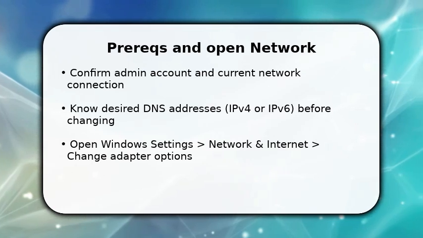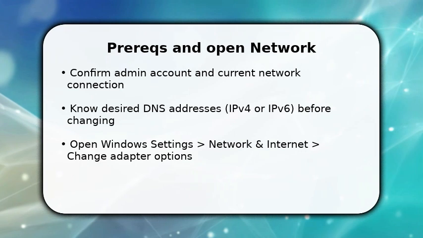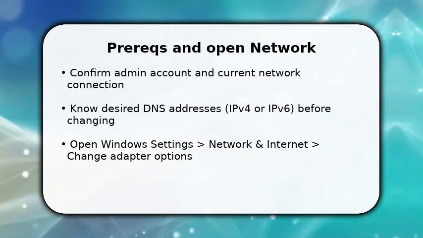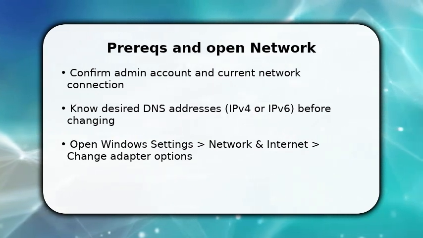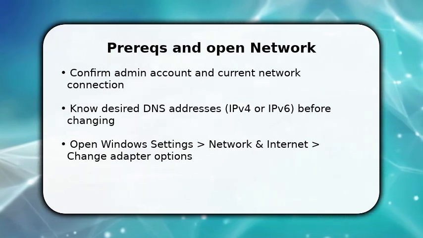You start with admin access and the DNS addresses you want to use. Write them down. Once ready, open Settings, go to Network and Internet, then click Change Adapter Options to see your network adapters. You should right-click the active adapter and choose Properties. This gives you the interface to alter